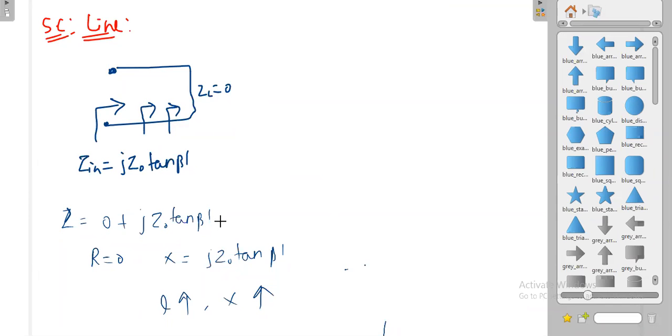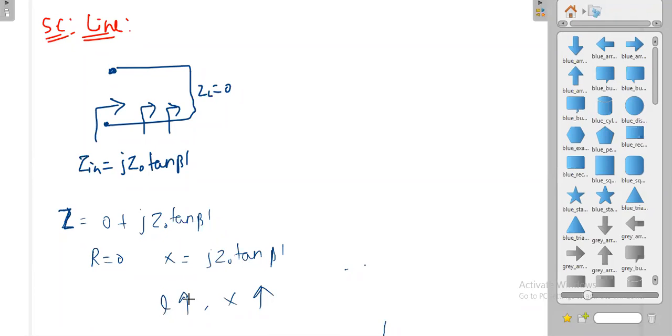So that means what? If you decrease the length, finally your Z is equal to only what? Imaginary. Once it is imaginary, what is the meaning? If impedance is imaginary, then definitely the resistance part is 0. Then it consists of some value, jZ0 tan βL. Anyway, you know Z0, then you will normalize that, no problem. Then tan βL is there.